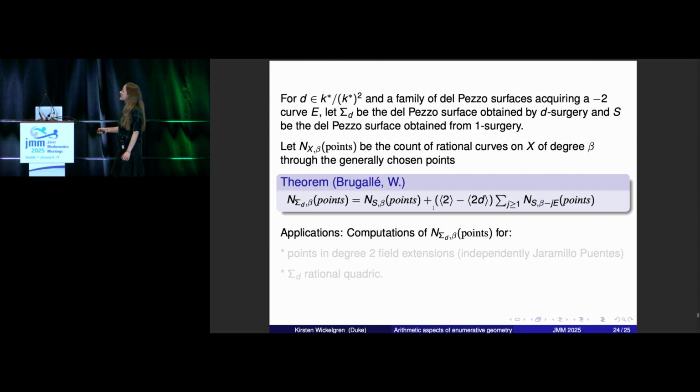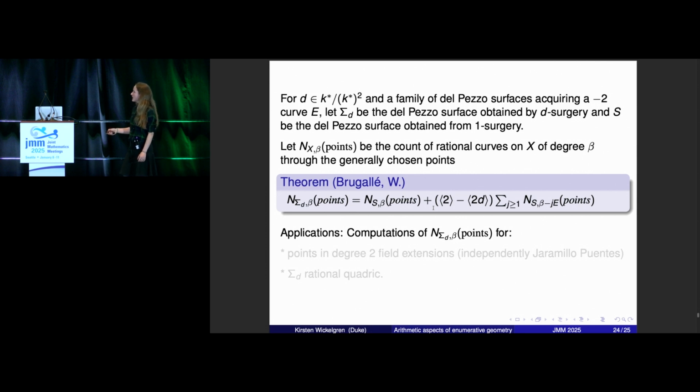counting the number of rational curves of degree B on X through points. I left off the 0 because we don't actually have genus 1 or genus 2. But it's not because I don't think they're out there. And the points can be not only a number of points, but they also have fields of definition. So okay, here's our Gromov-Witten invariant.